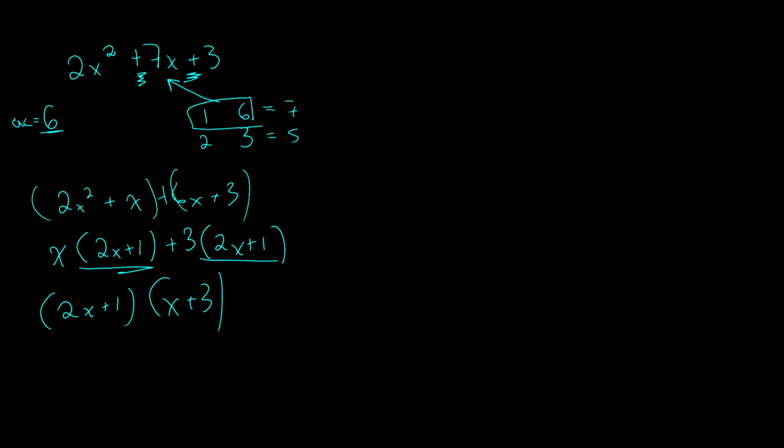I want to do one with a negative on, and I'll do it over to the side here. So I'm going to do 2x squared, let's see, plus 5x minus 3. So I'm going to do my AC. A times C is negative 6. And so I need all the factors of negative 6 that are going to add up to 5. And so I can get negative 1 times 6, negative 2 times 3, negative 3 times 2,